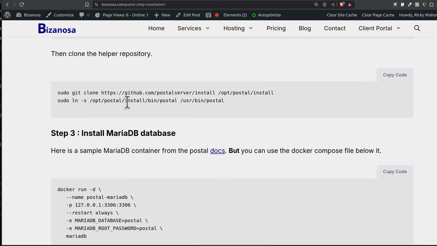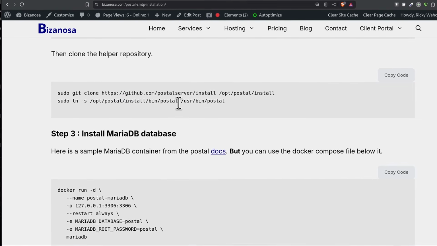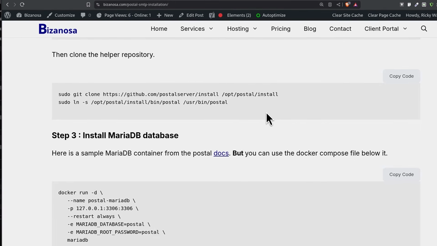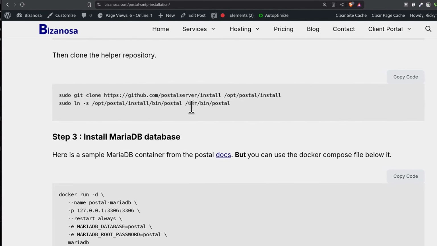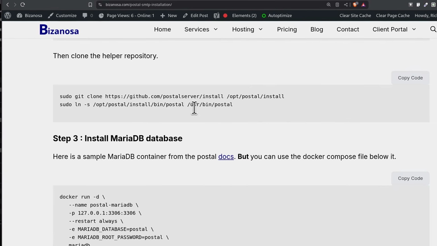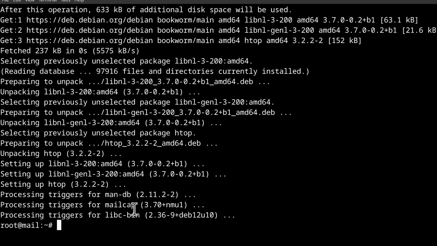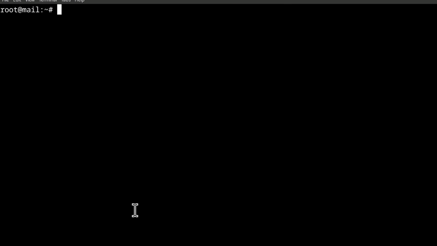You're going to clone it, and then a symlink will be set up for that so that it is in the user bin directory. It is important for it to be in the user bin directory so that you can use Postal without having to go to the direct path. So you can just say postal restart, postal stop. That's why you create that symlink. Then I'll copy, Control L. Let me just do this inside of a directory. I'm going to do mkdir and I'll call it work directory. Then I'll go into that directory.